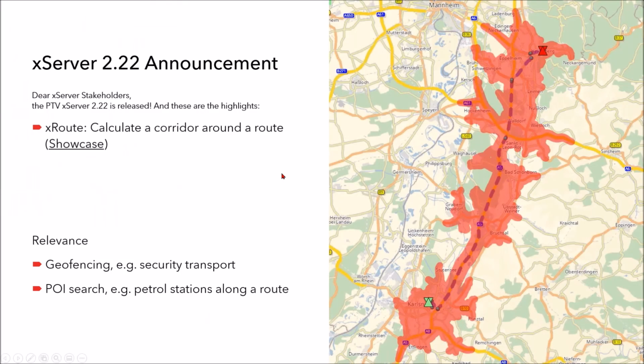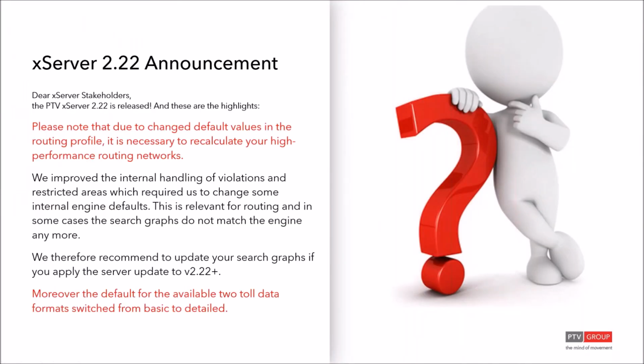There is one more topic we would like to talk about, and that's the change in the default values of our routing profiles. Linked to this, if you are using the xServers on premise and you want to discuss, do you want to benefit from the new features in 2.22, should you perform the update, yes or no? Of course, if you do not benefit from any of these nice features, you are not forced to update your environment. Never touch a running system, then you can keep the version you use